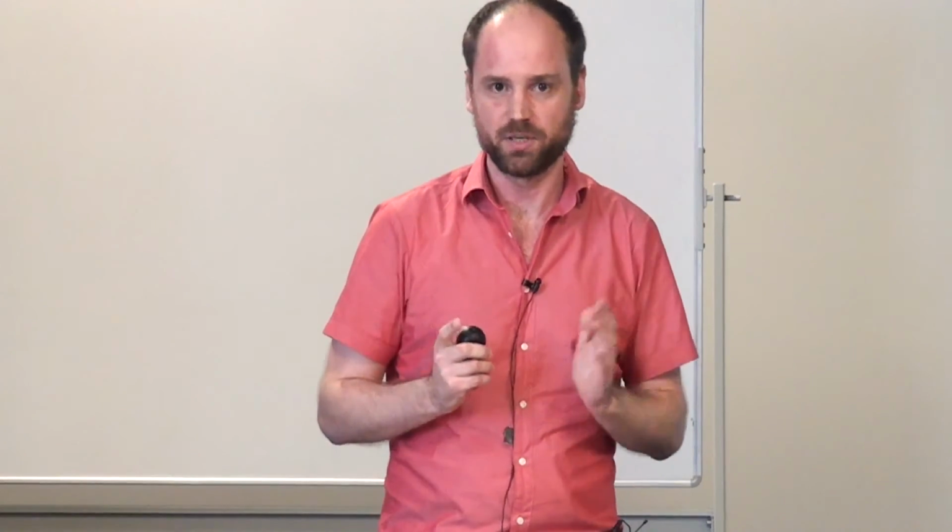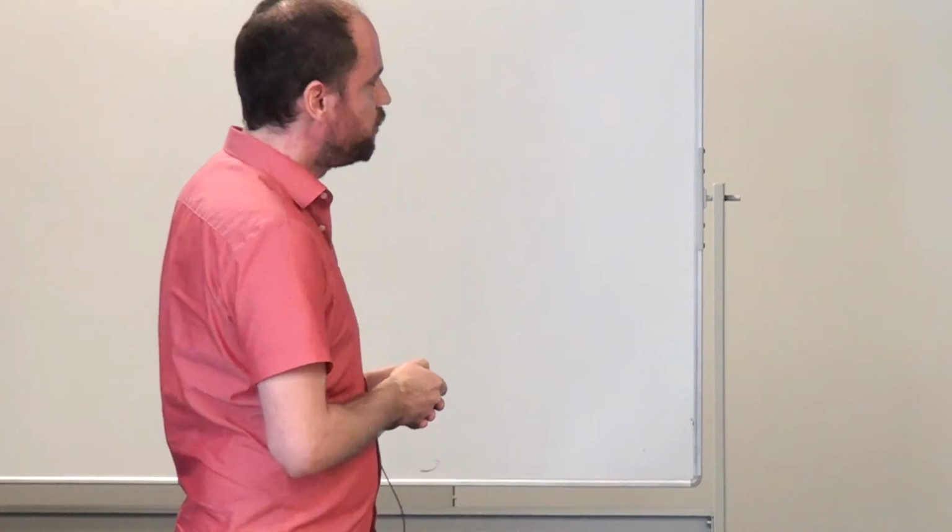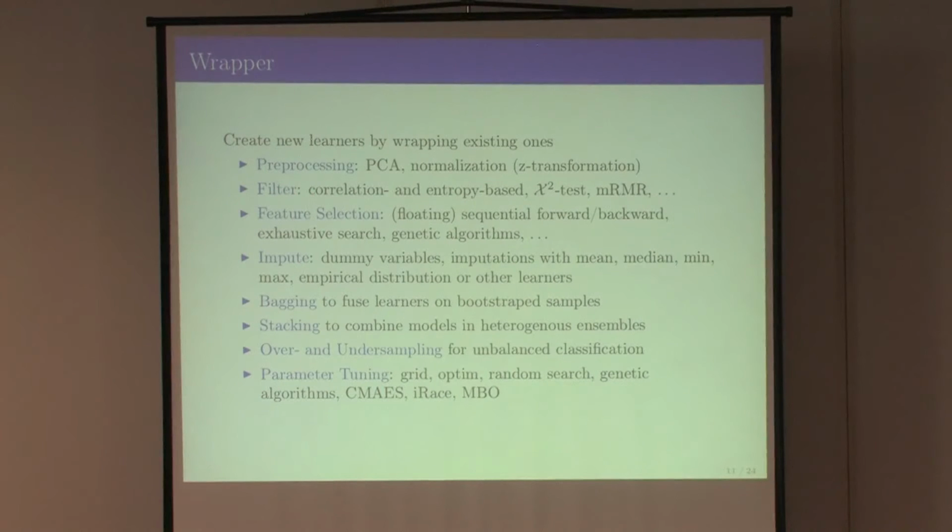Actually, you can do any method you want because you can use a pre-processing wrapper that can contain custom code. So you can say, well, before I apply this learning algorithm, maybe it's a tree, I want to rotate my data by doing a PCA. You can do feature filtering, right? We have more than 10 different techniques now implemented. There's feature selection in there. Sequential forward search that Ross already talked about, if I got that correctly. A genetic algorithm, we are now working on multi-criteria methods as well.